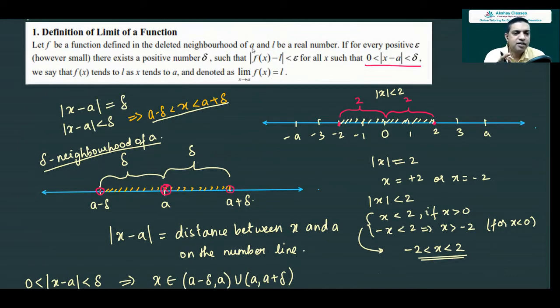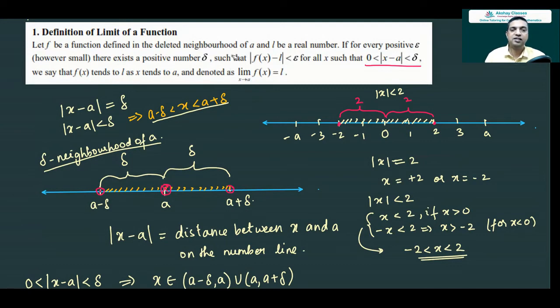So it doesn't matter whether x is equal to A, but x is approaching A. So we choose a neighborhood of A other than the point A. So if a function is defined in the deleted neighborhood of A and L be a real number, now for every positive epsilon, however small, there exists a positive delta such that,